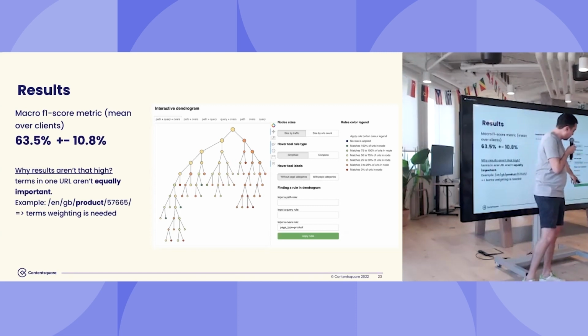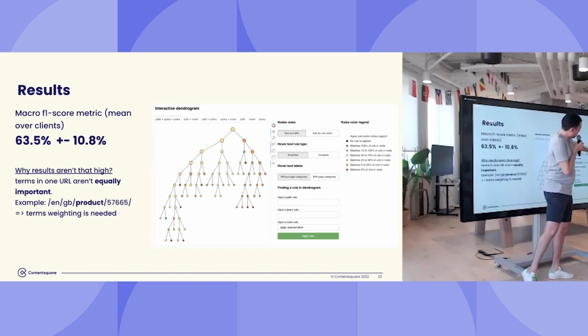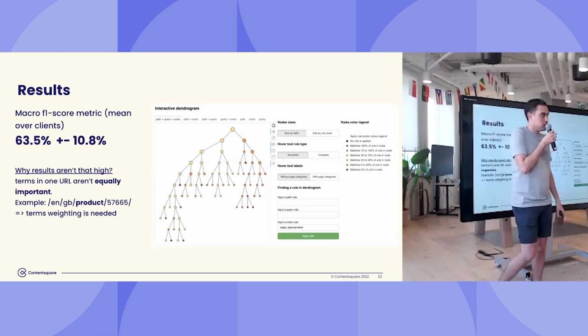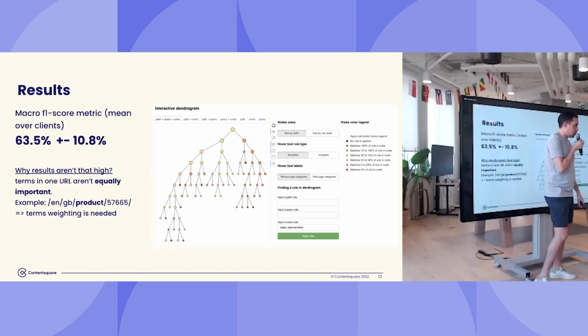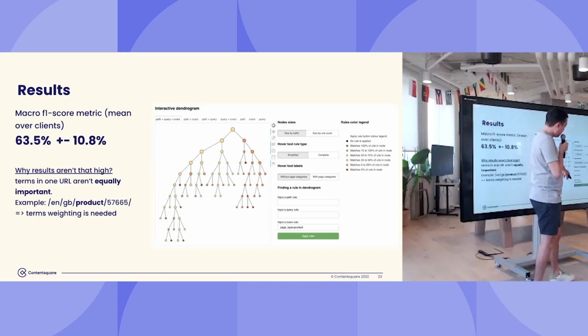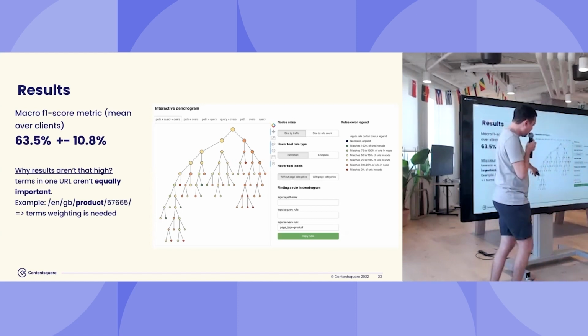Each time we input a condition here, we're going to color the nodes of the dendrogram according to the ratio of URLs that satisfy the condition. So if it's dark green, it means that 100% of the URLs satisfy the condition. If it's dark red, it means it's 0%. In this example, we input page type equal product for this client. And we can see, given the colors,